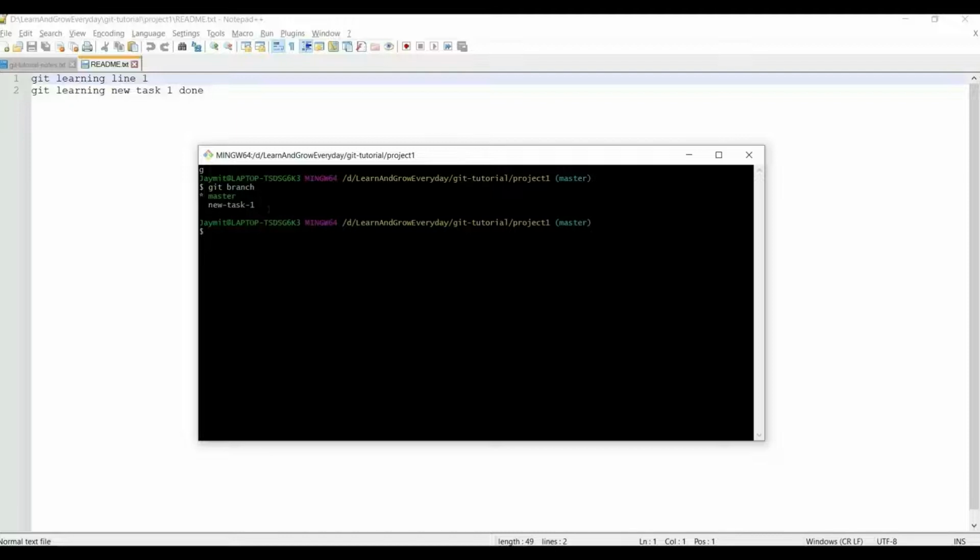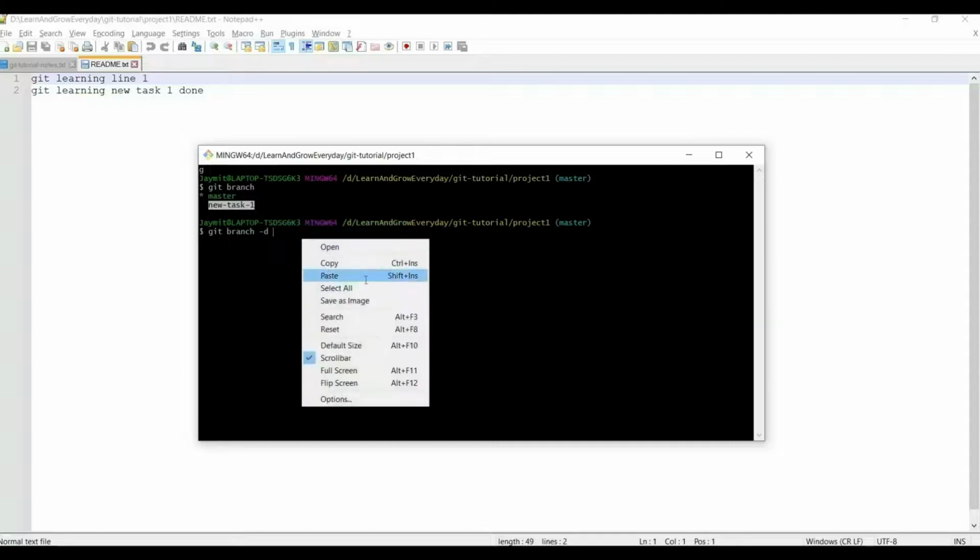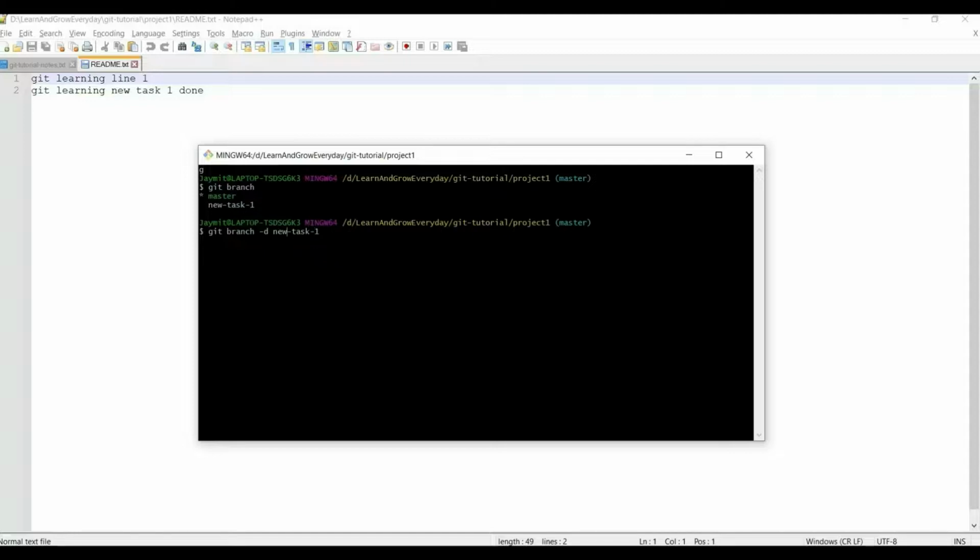Let me show you how you can delete this branch if you did not require it in your local. So you can delete those branches. Git branch -d, and then the branch name. So this command, git branch -d,